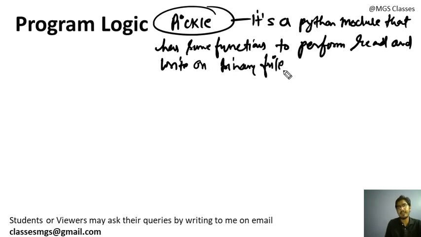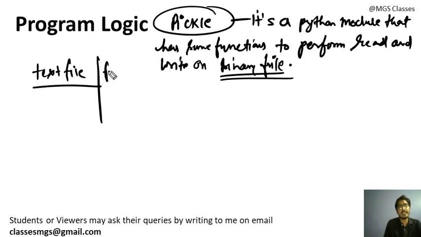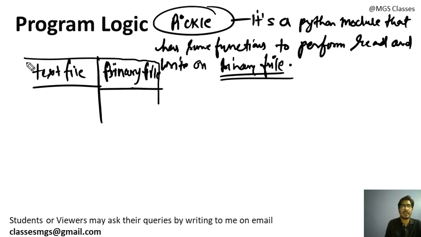If you don't know what a binary file is, then you should understand it in the theory class. What is a binary file? Actually there is a distinction between a text file and a binary file. One is a text file, the other is a binary file. The text file programs we have already seen in the last class. In the last two practicals we created text files only. We were reading the text files. A text file is a file in which we have text, like this is text. Like in this file you can read the text.